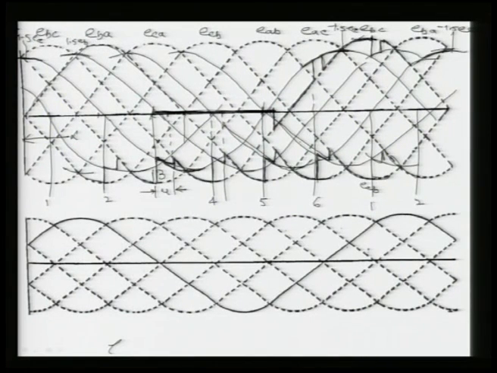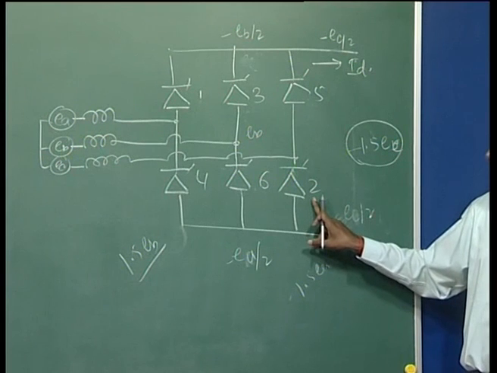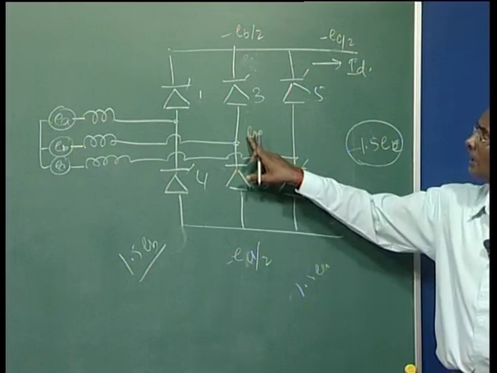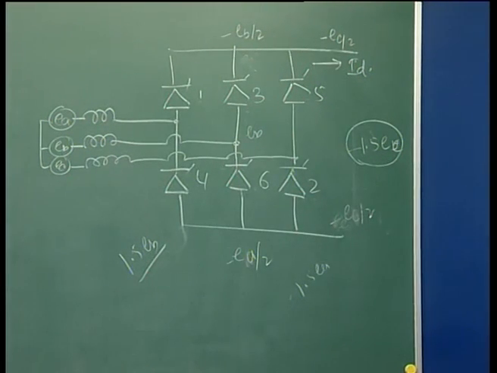So, it is coming here, and now it will be going this way, and once the commutation between 6 and 2 is over, then 6 will be conducting, and then again E b A here, it will follow again E b A here,